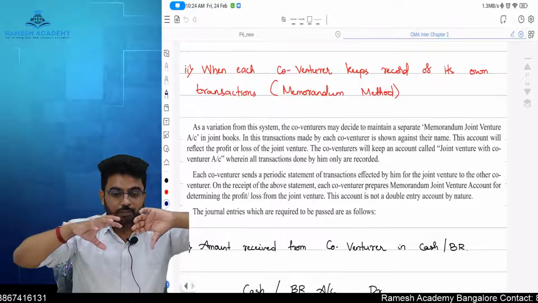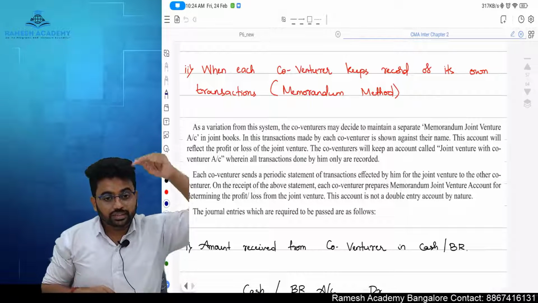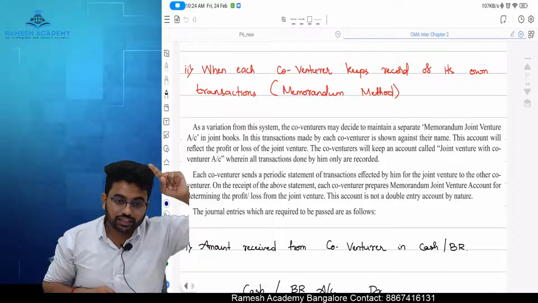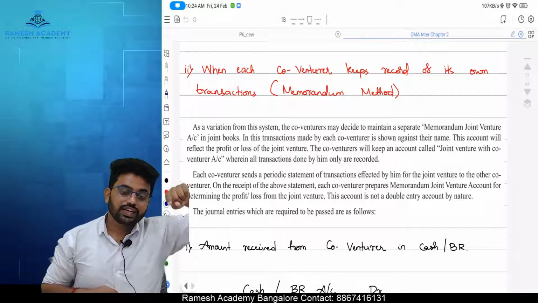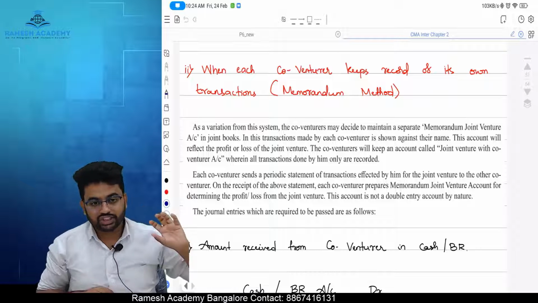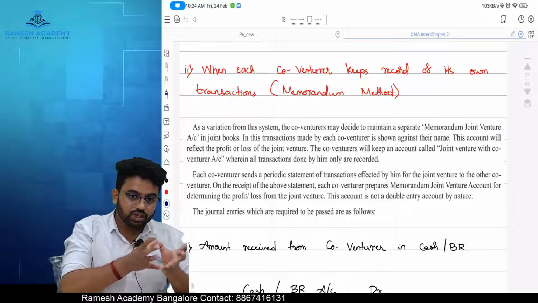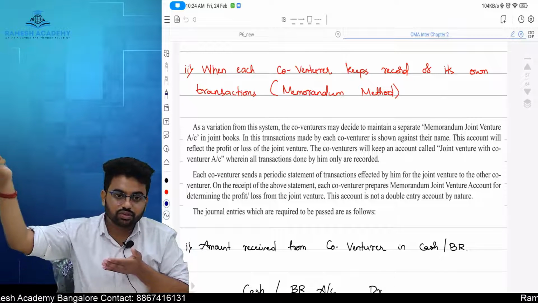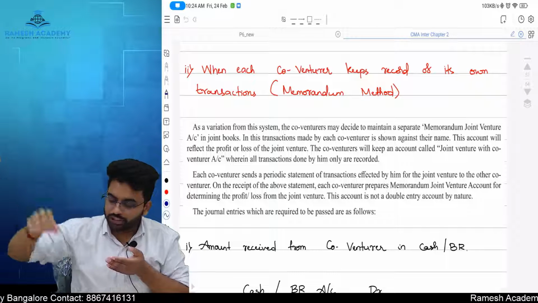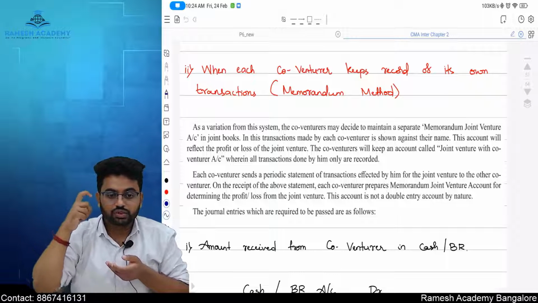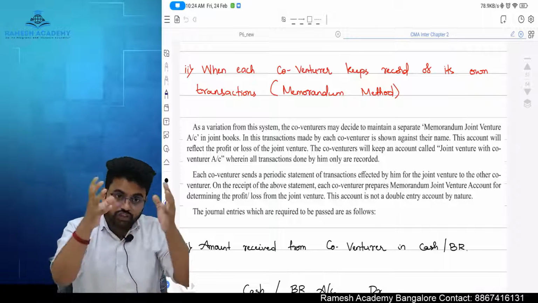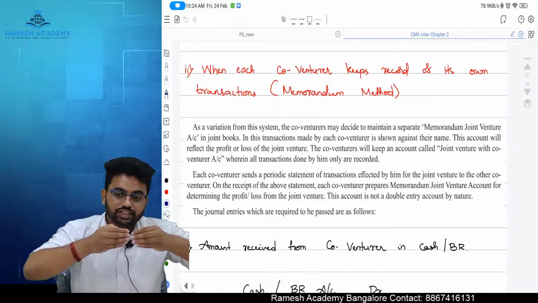In this method, co-venturers' separate books are also not maintained, and these people are not maintaining the record of everything. These people are maintaining only the record which relates to them, that is, their own transactions. If they have done some transaction for the joint venture, only they write that much in their books. If the other co-venturer is doing something, they are least bothered. They don't receive a call to listen that okay, I have sent so much, I have spent so much and all. At the end of the period, each co-venturer will send a